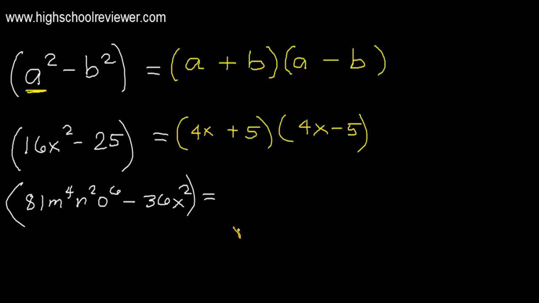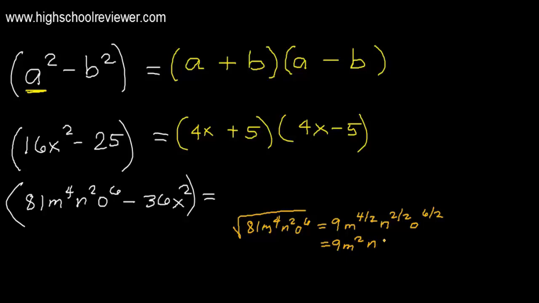The first term here is the square root of 81 m raised to 4 n raised to 2 o raised to 6. The square root of 81 is 9, and the square root of m raised to 4 will be 4 divided by 2. How about n raised to 2? This will be 2 divided by 2, and o raised to 6 will be 6 divided by 2. And this will be 9 m squared n, since 2 divided by 2 is 1, and o